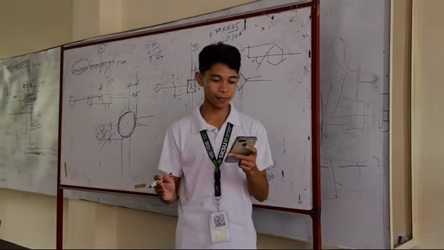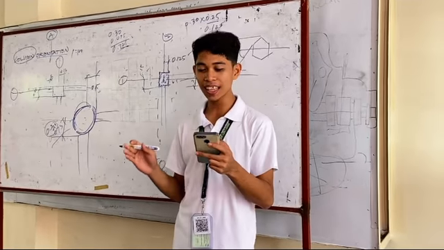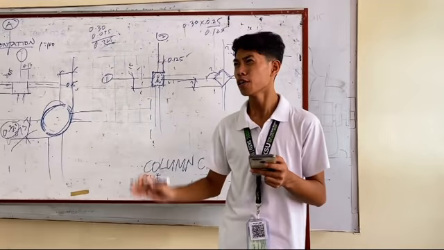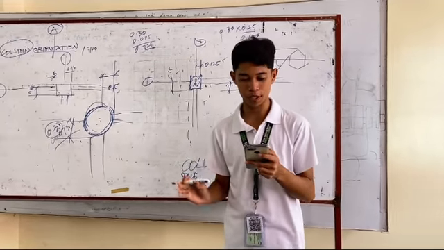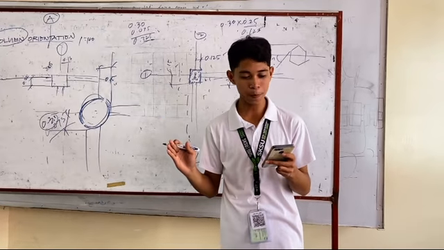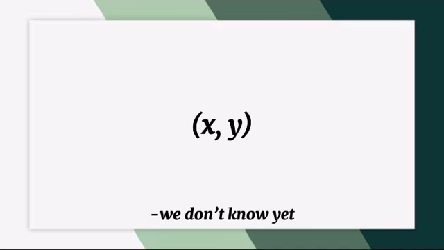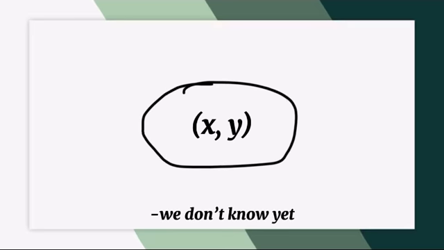Our next topic will discuss the mathematical language and symbol of variables. So what are variables? A variable is represented by a letter like x and y. It is a symbol for a value that we don't know yet. Ito ang ating ginagamit kapag ang isang equation ay hindi natin alam.